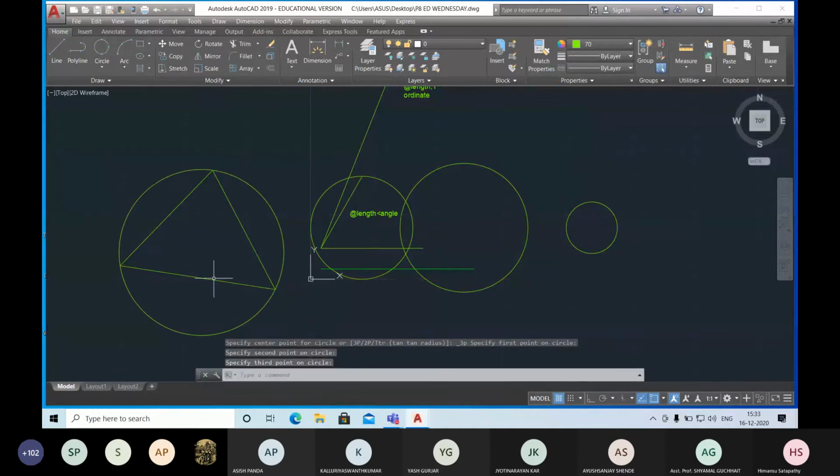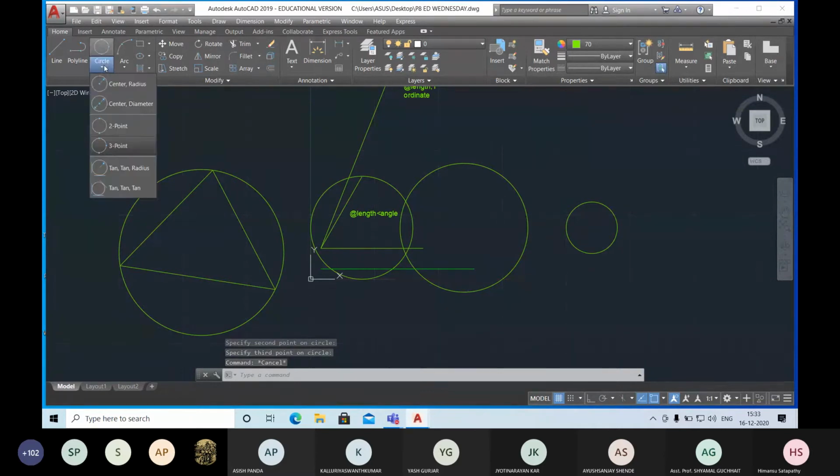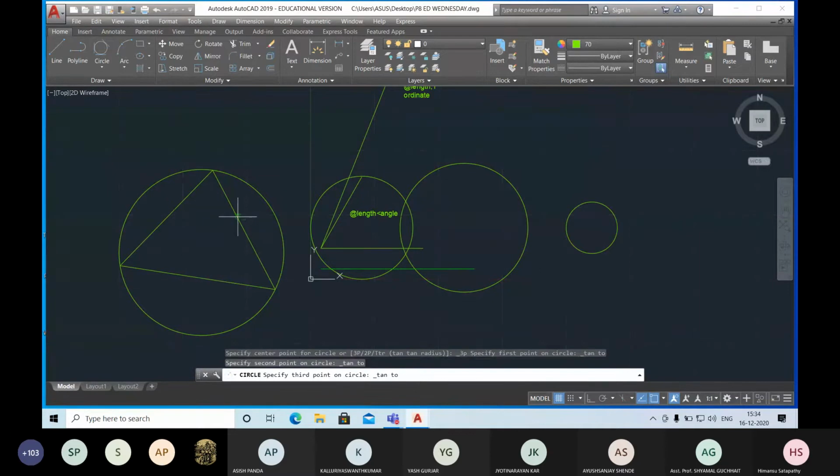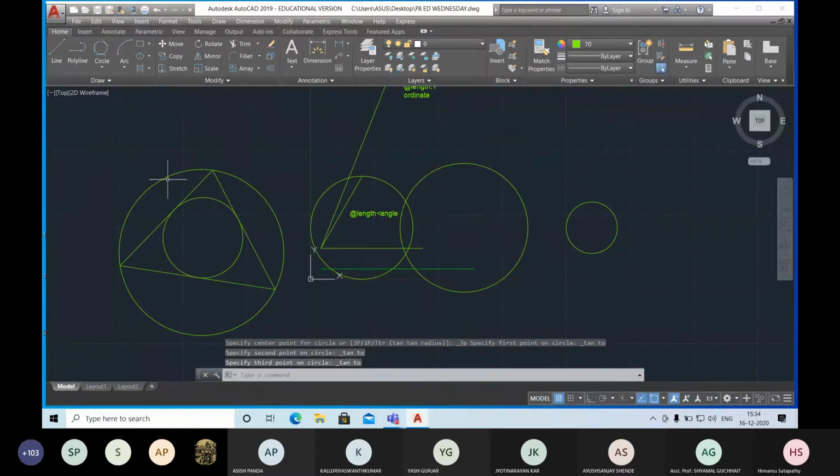The 3-point is connecting all 3 points. Okay. Now the sixth one, tangent, tangent, tangent. Tan means tangent. So you can select tangent means any side of a polygon: first side, second side, and third side. The circle is inside the triangle, touching all 3 sides.